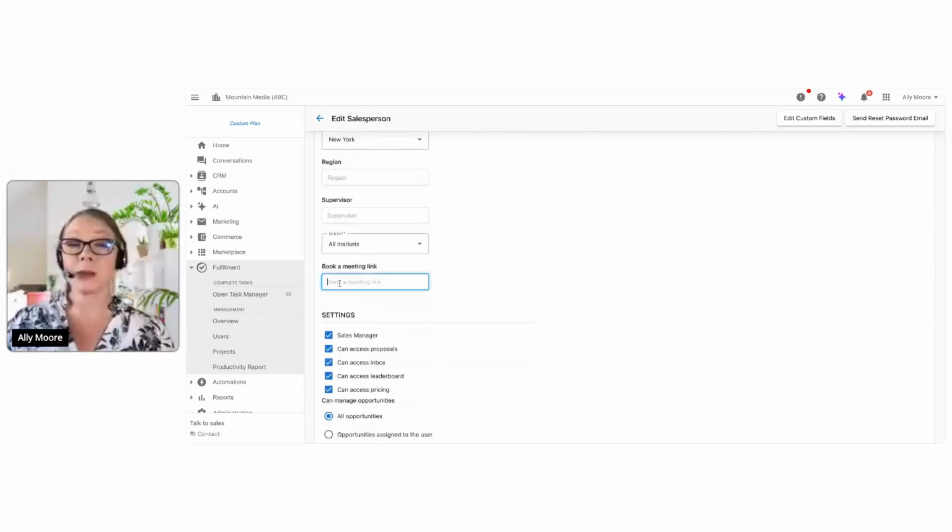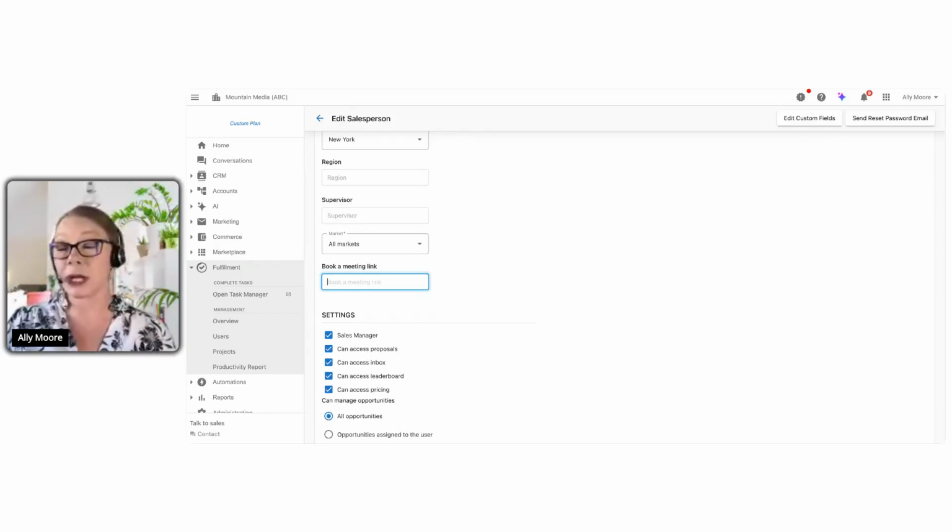Once you have that done, there's the opportunity to put in a booking link. And this is allowing your clients to, again, if they click on that lower left-hand side of the screen in Business App, book directly with you. Or if they're following up on an email, they can book directly with you from that email that you're sending them. Say maybe a snapshot report, which is something we're going to be covering on our next training session,